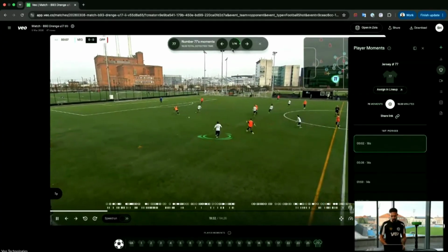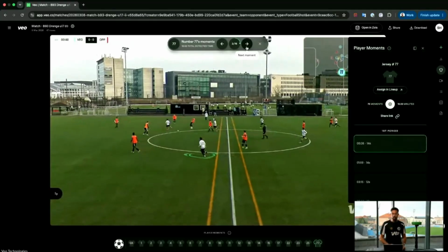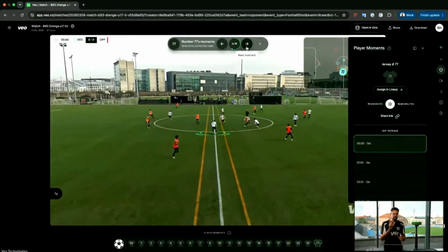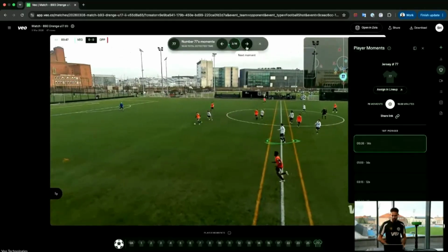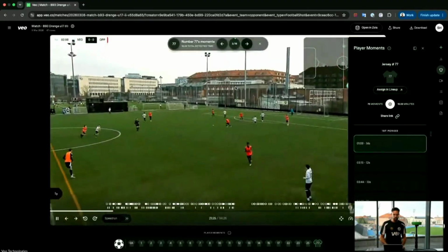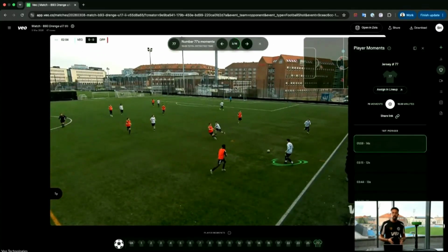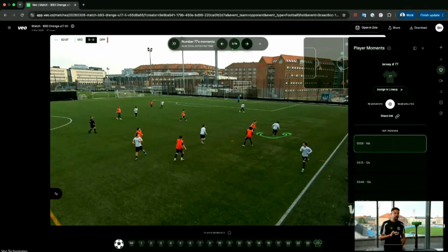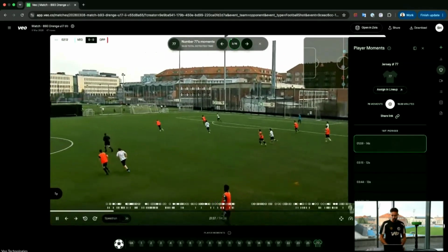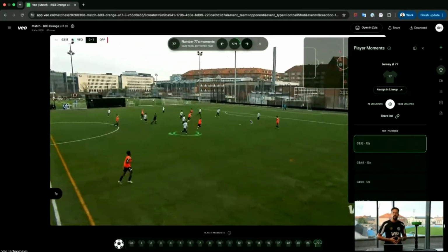So we have 1 out of 76, and we can actually go through all of these moments where number 77 would have been on the ball or close to the ball in this case because we adjusted the distance slider. Now, 76 moments, that's quite a lot, right? For a player, that's completely fine because they can actually sit down, have the time to go through their moments and curate their best moments, their best clips, which they can actually add to their player profile, which I'll show you fairly shortly here. But let's say as a coach, I may want to just look at the most meaty